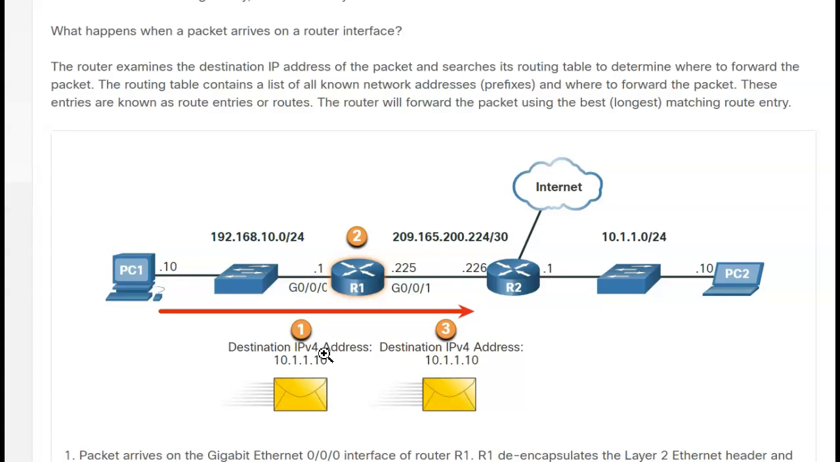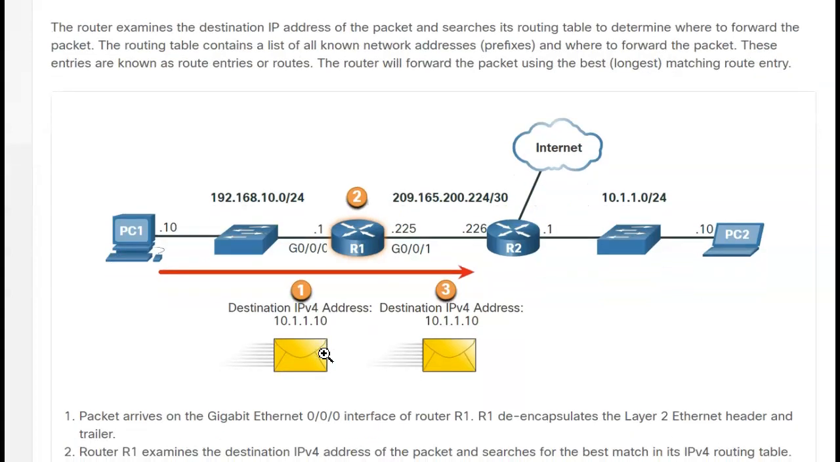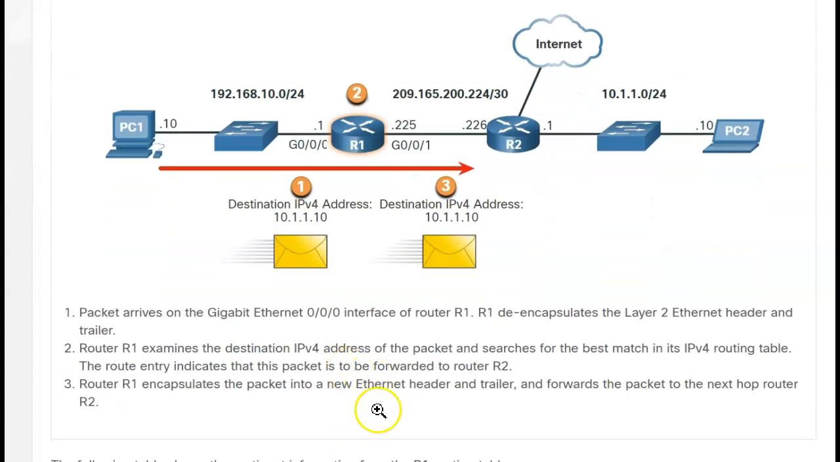Now, the router will forward its packet using what it calls the best matching route entry. So it's comparing the network address and finds the one that has the longest match to make it best. So when a packet arrives at port GigabitEthernet 0/0 on router 1, it first de-encapsulates the layer 2 Ethernet header. It examines the destination IPv4 address of the packet, searches its routing table for the best match, and